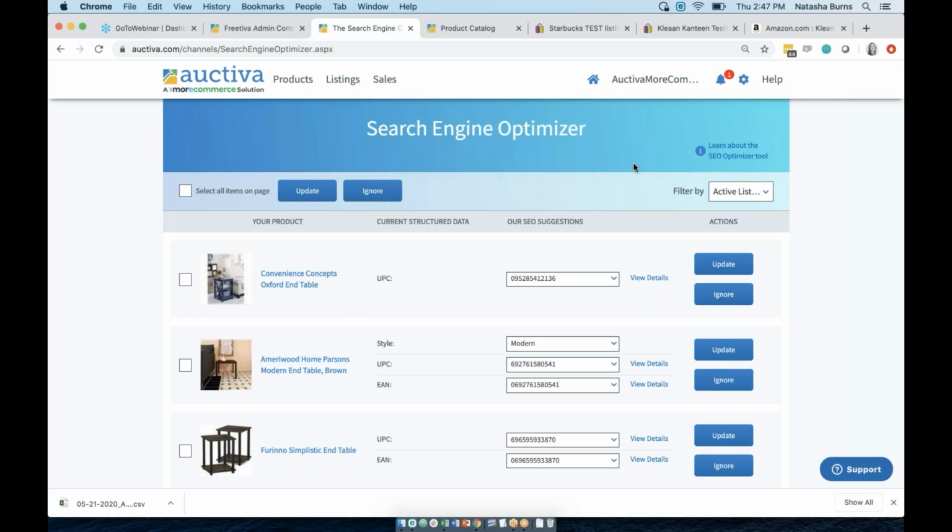Like I said, structured data refers to many things: color, brand, thread count, size, material, arm length. There are so many different types of structured data. And as you can see here, I actually have quite a few suggestions for UPC. Now, one thing I do want to note